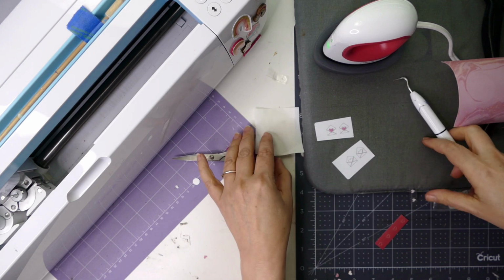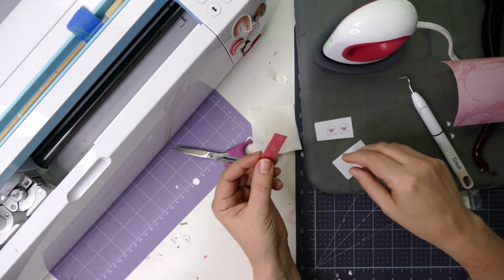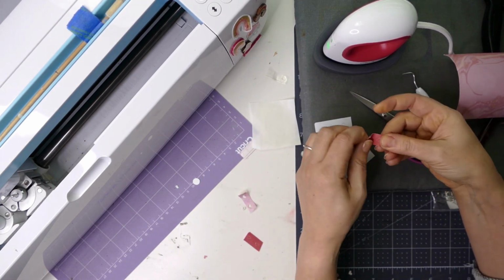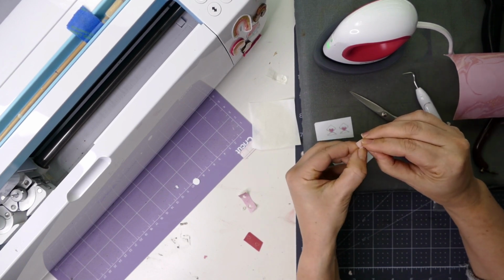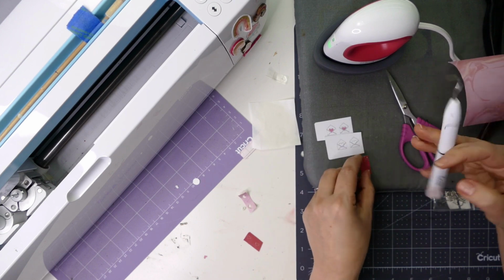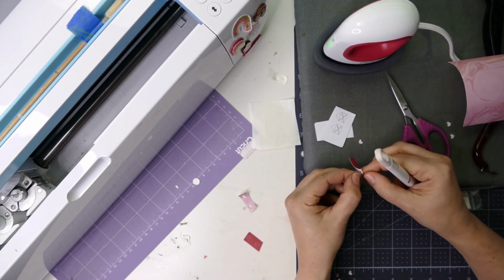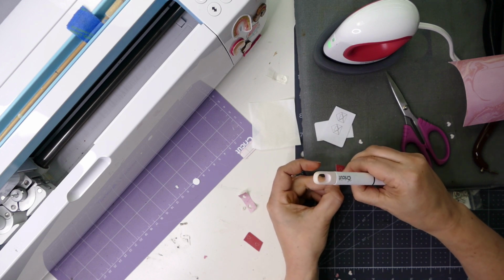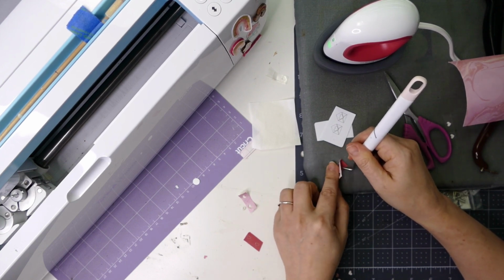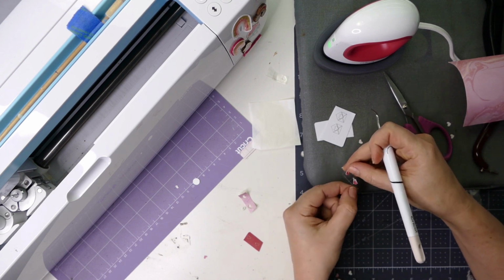So for this, I actually have the red that I was using as well and cut that out. So let's just go ahead and do this again. So we're going to crack it. And remove. Oh, and I didn't actually want to remove that time. So I'm just going to press my little hook here down to kind of help it get started. So that cracking part of it really helps kind of break through the paper backing that the ink is sitting on. Okay, so it kind of tore a little bit,